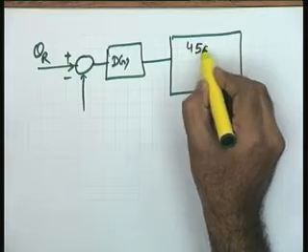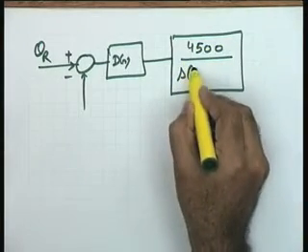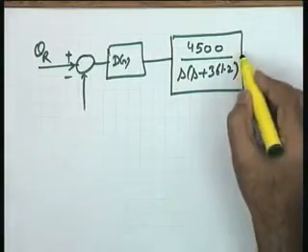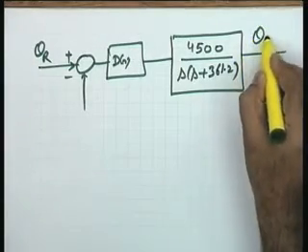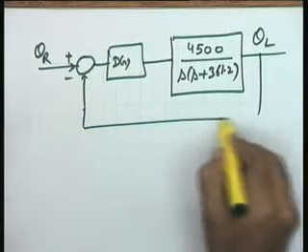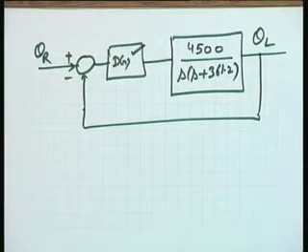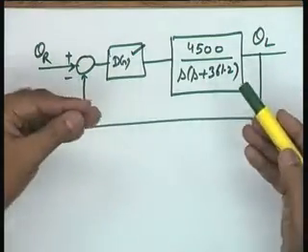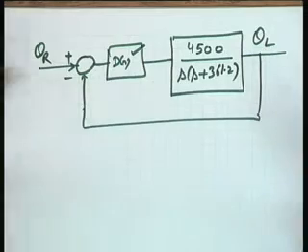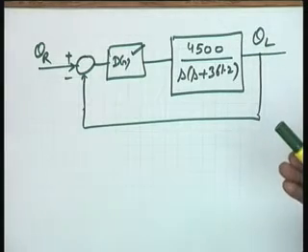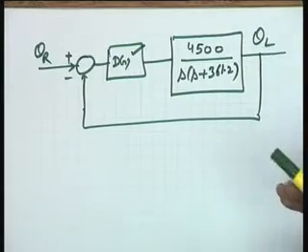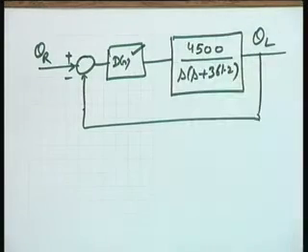I have a typical value in mind. I will not give you the numerical values here. S plus 361.2, it comes from some specific values. So, I am using those values over here, theta L the load, and I want to design a controller D(s) for this particular system. Keep the physical system in mind. The physical system is a position control system. It is an amplifier, it has a motor, it is a power amplifier, it has a gear train, it has everything which a position control system has. So, I am modeling it this way so that I can go ahead. Suitable numerical values of all the parameters have given me this value of G(s).